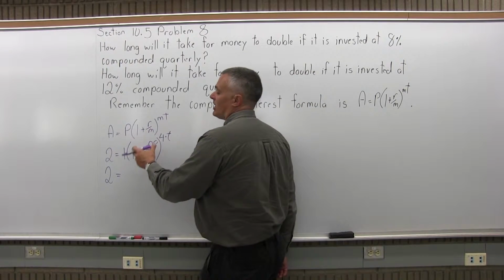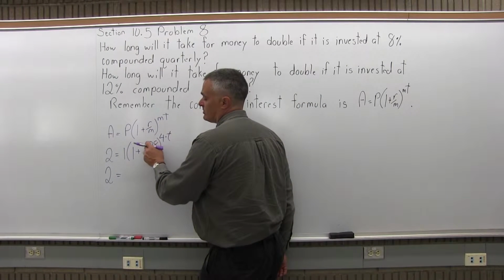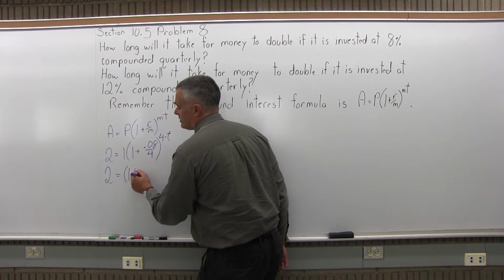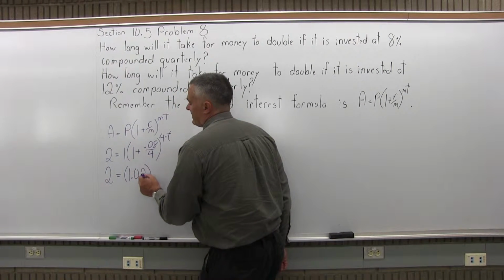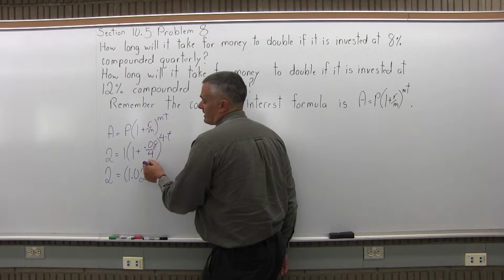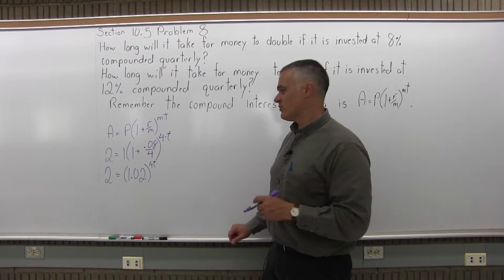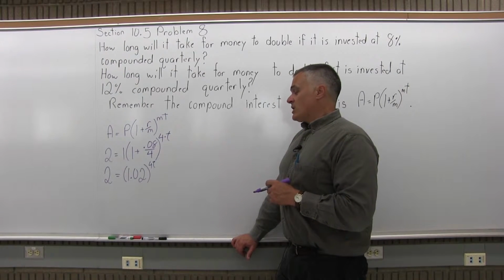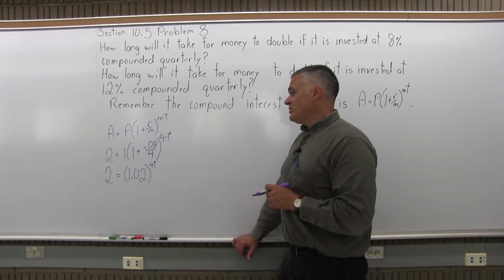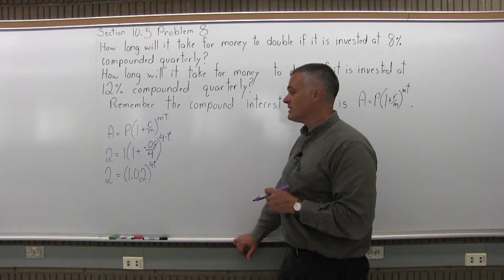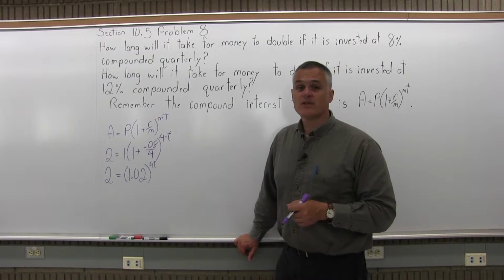There's a 1 plus in front of that, so 0.02 plus 1. In the parentheses, I would have 1.02. And the exponent 4 times t, well, I can't simplify that too much. I'll just write it as 4t. 4 times t can be written 4t. So I have the equation 2 equals 1.02 to the 4t power. And if I can figure out what t is, that's how many years it'll take for my money to double